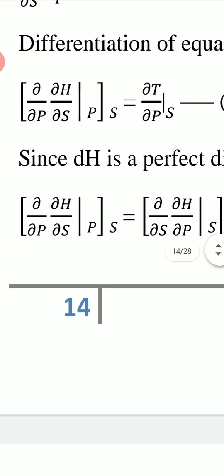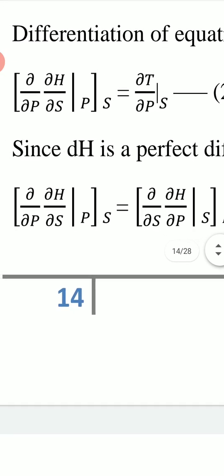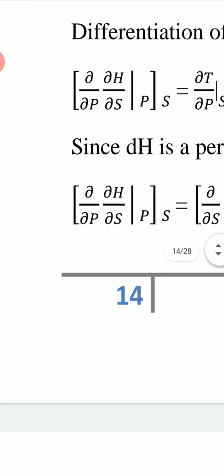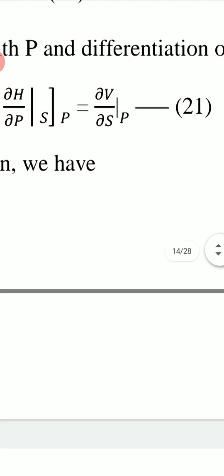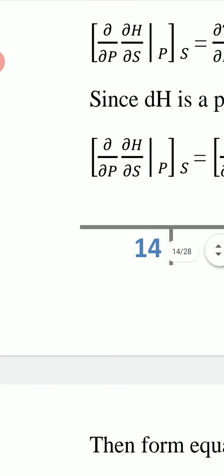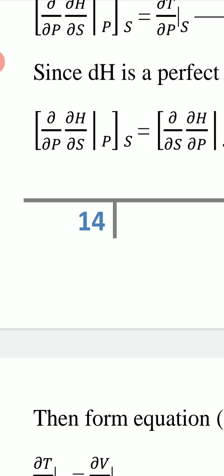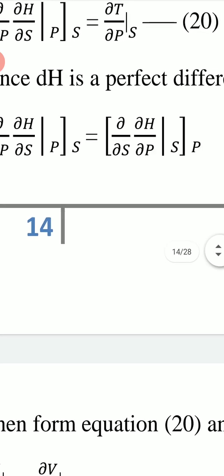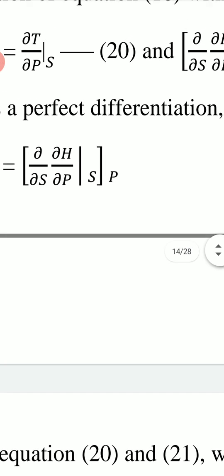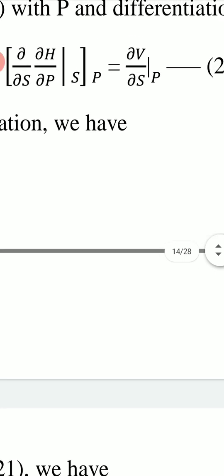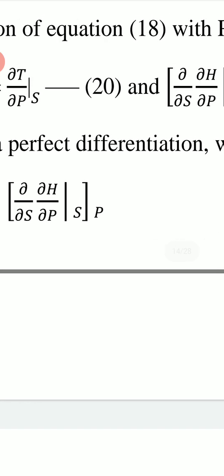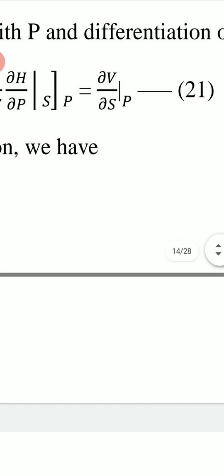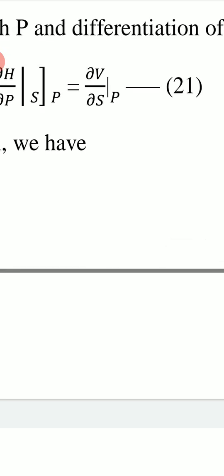Now dH is a perfect differential, so the left hand side of this equation 20 will be equal to the left hand side of this equation 21, that is delta upon delta P, delta H upon delta S equal to delta upon delta S, delta H upon delta P. The left hand sides of these two equations 20 and 21 are the same, so the right hand sides will also be the same, that is delta T upon delta P at constant S will be equal to delta V upon delta S at constant P,